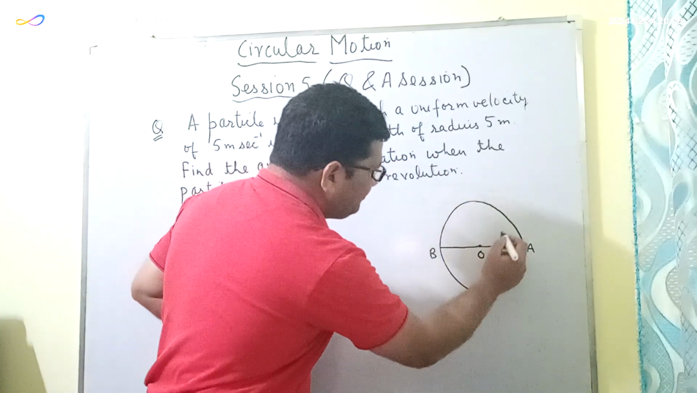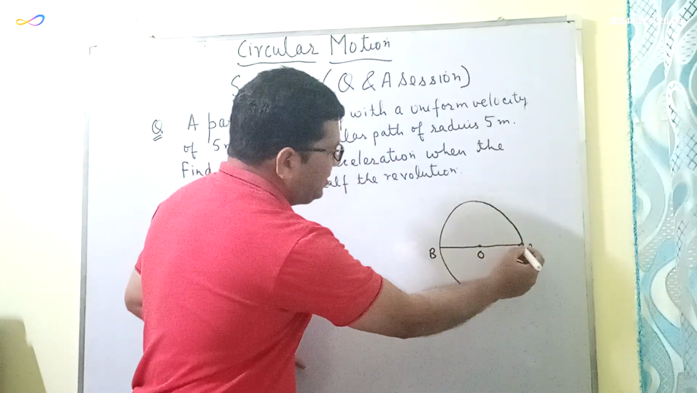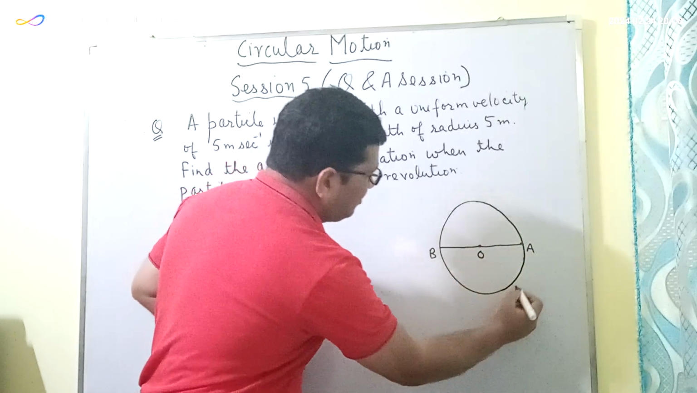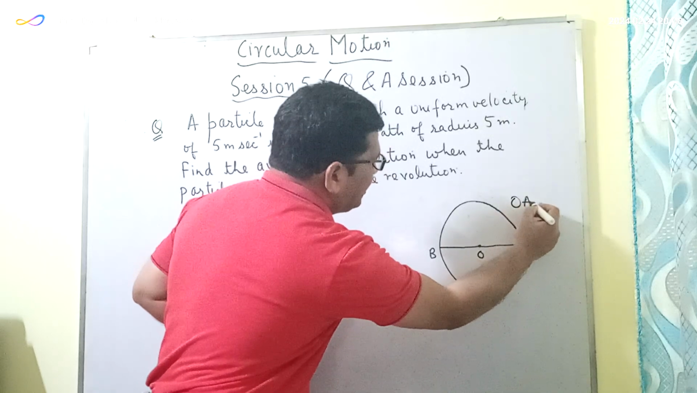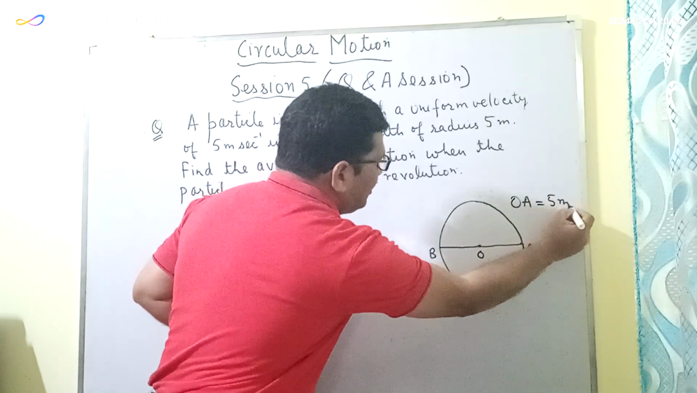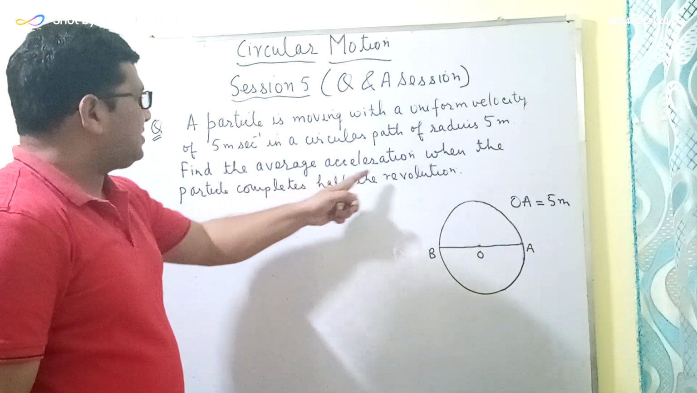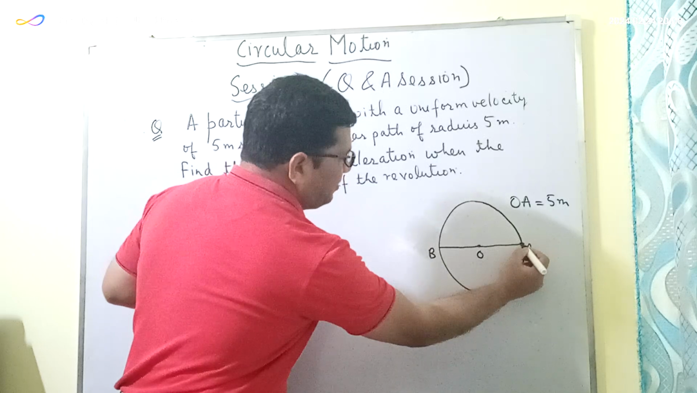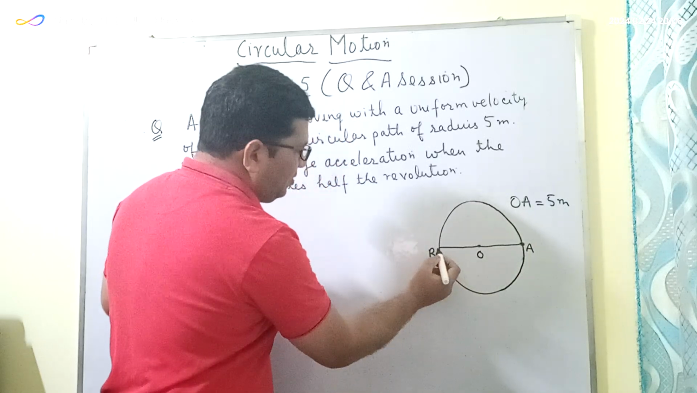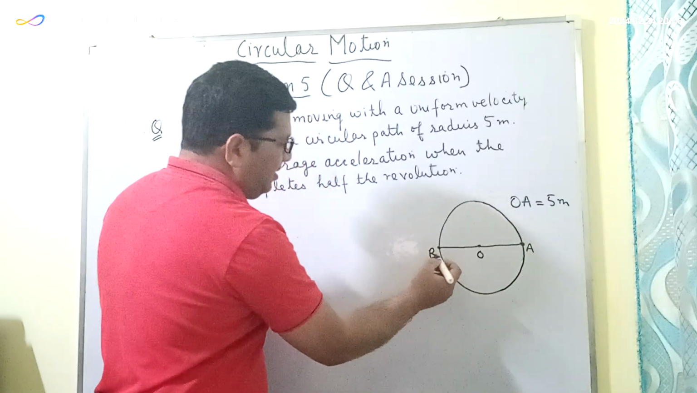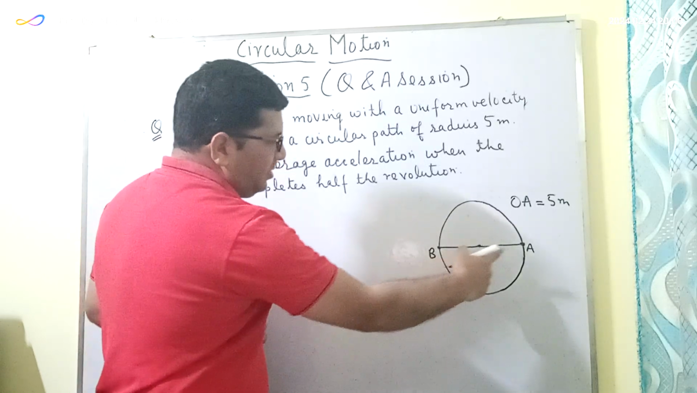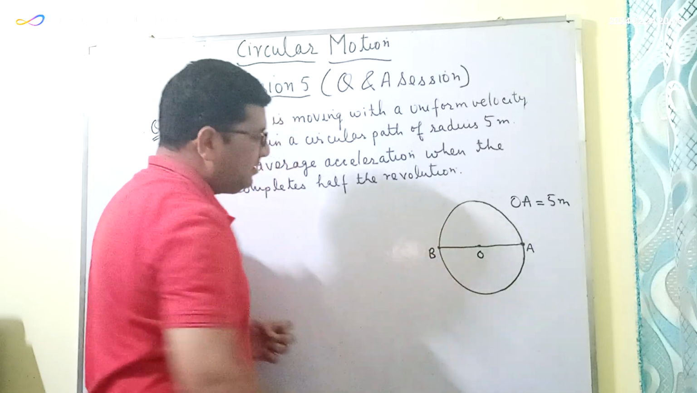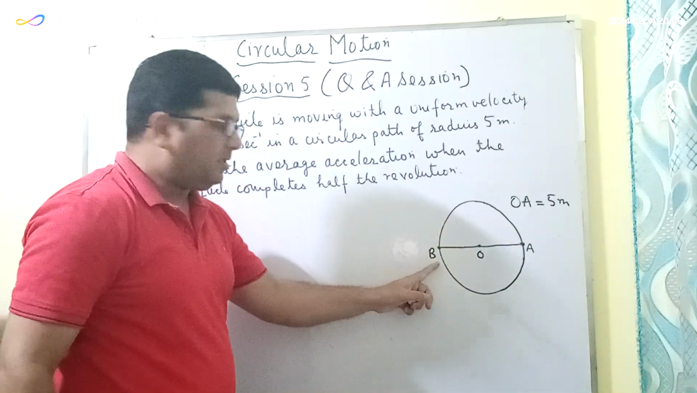So this is the circular path in which a particle is moving, and the radius of this circular motion is 5 meter. Find the average acceleration when the particle completes half the revolution. So let us consider that this particle is at this point A. Half the revolution will be when this particle reaches the other point, that is B,